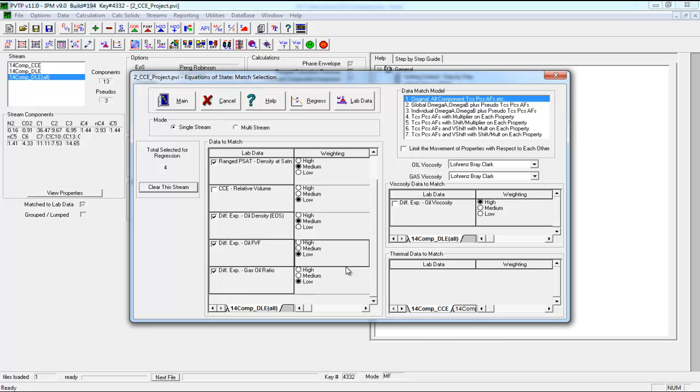You may say, okay, when I tried to match this, I found that there was a big effect here. So I can say, instead of medium weight here, I will put medium weight here and low weight here. But as long as you go out of the recommended guideline, you will make it more complicated. So now,